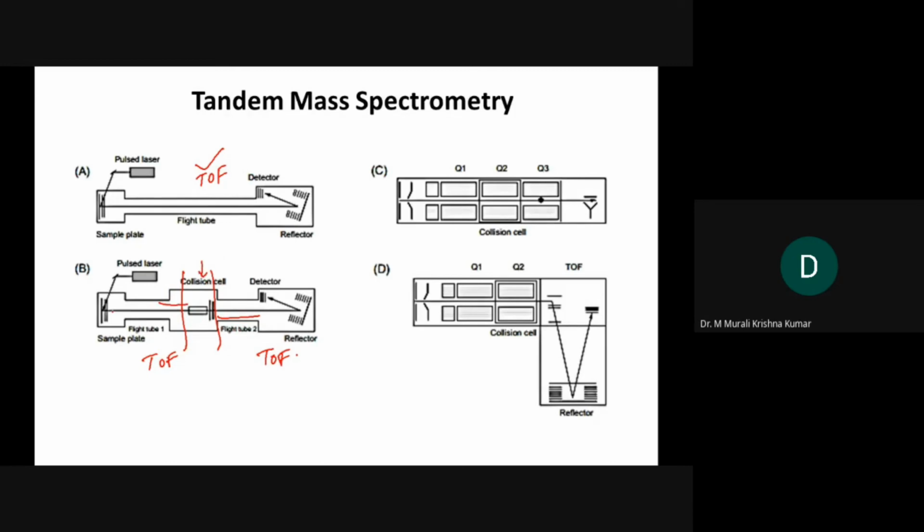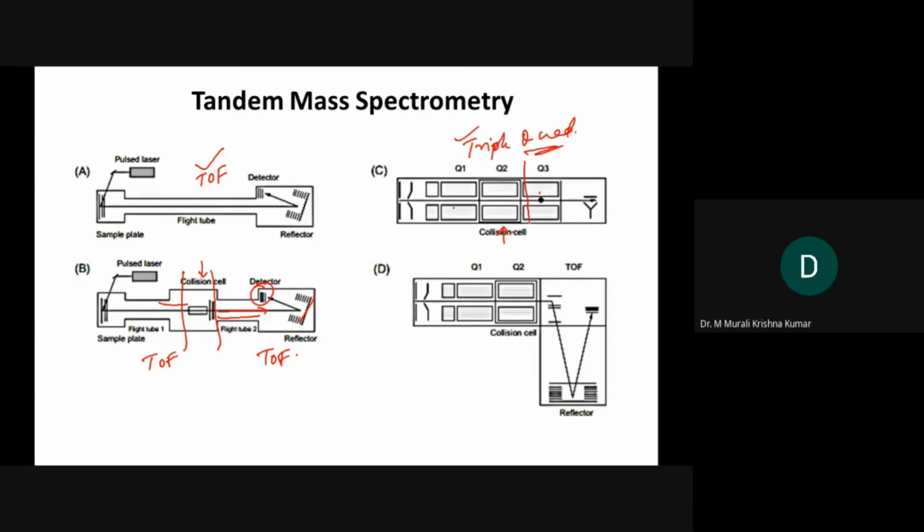As I told you, the ion coming over here will be provided with energy so that fragmentation happens here, and the ions are submitted for further analysis. Here you will have the reflectron, and the detector will be over here. I gave you the triple quad as an example: quadrupole and quadrupole, with a collision cell in between. This is the setup for a triple quadrupole.